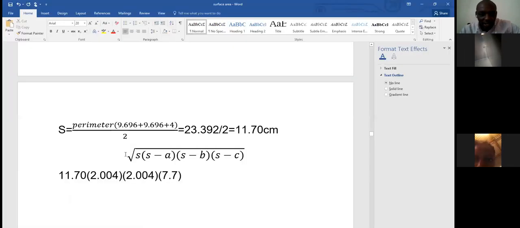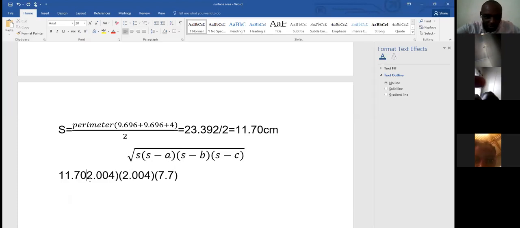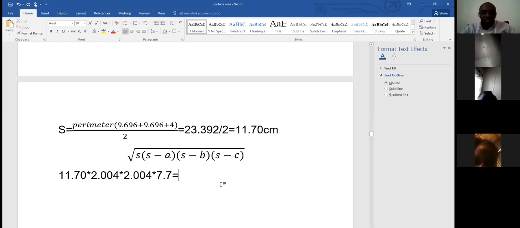Come back here. So this, you multiply all of these. So this one, tunaona kuna bracket hapa, ni multiplication hii. Hapa ni multiplication iko. Pyramid inakuwa na kazi, so I want to go about it smoothly and slowly. So I have 11.70 times 2.004 times 7.7